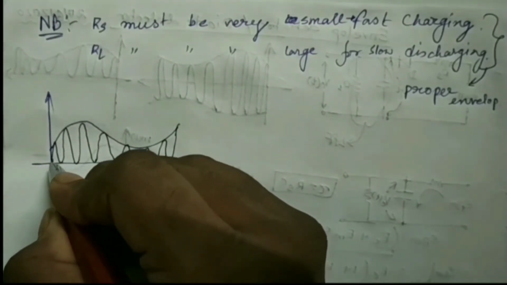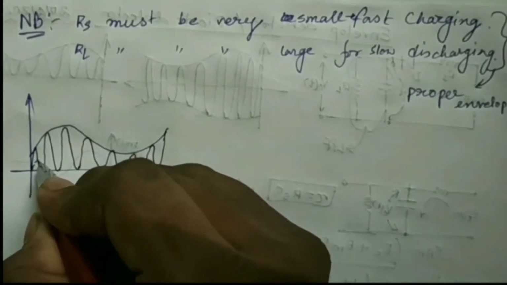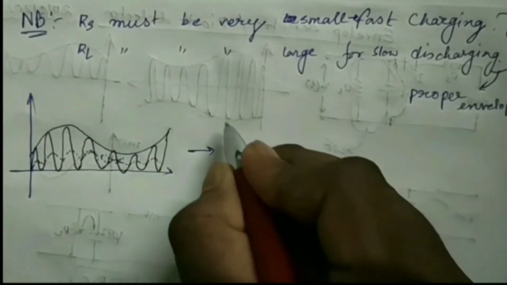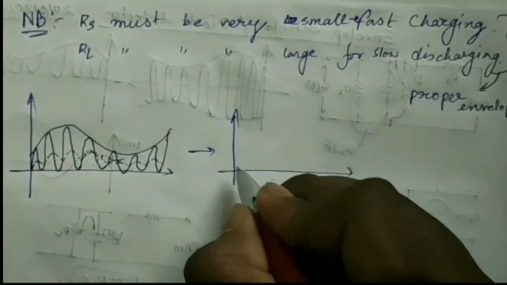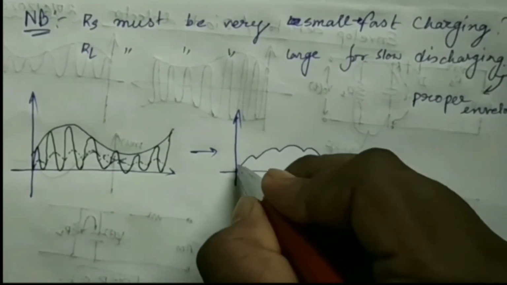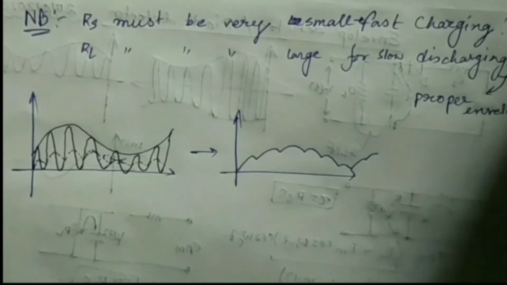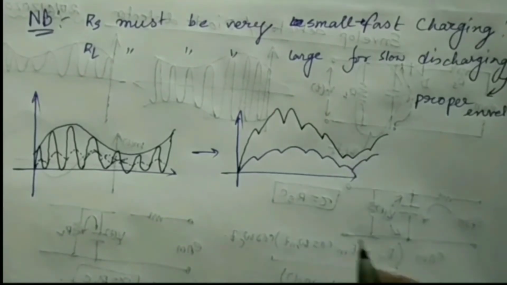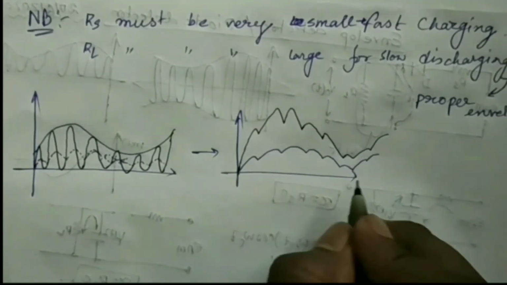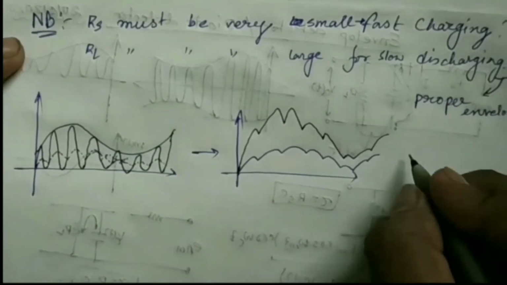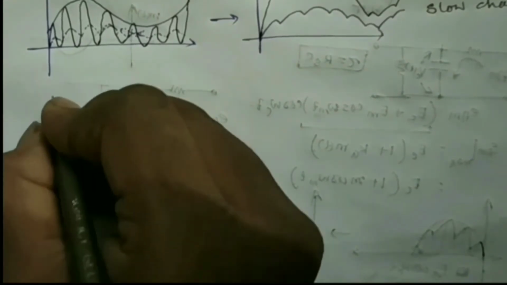It will be something like this, and the envelope that we will obtain will be like this, whereas the actual envelope should have been like this. So this signal that you are obtaining is not the message signal, so distortion occurs, and this is for slow charging. Now if discharging is very fast,